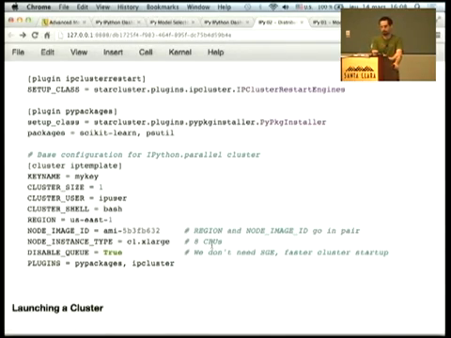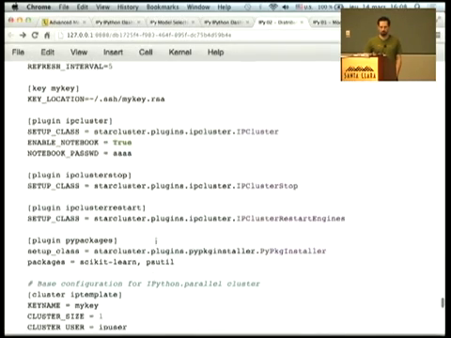They are more expensive too, and they are not available everywhere. So depending on the region that you choose, you might need to select smaller machines. You can also disable SGE to make it faster, and you can configure the plugins that you want to start at startup. So in this case, we want to install scikit-learn and psutil,